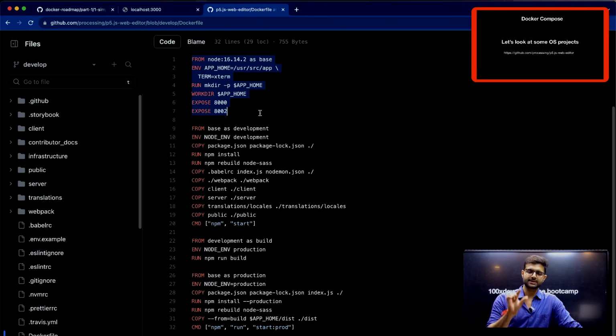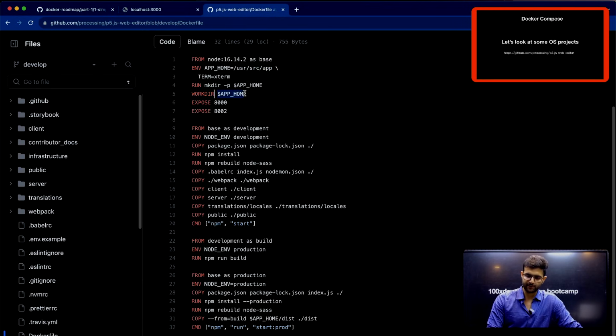This part creates a first simple base image, creates APP_HOME as an environment variable. This is another way you can pass environment variables to a container if you want. You can use -e, or you can write ENV, space, the name of the environment variable, and then pass it here. They put the working directory inside an environment variable, so it can be reused throughout the Docker file. Cool. Run mkdir this specific thing,